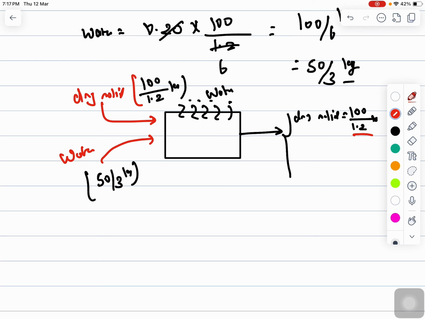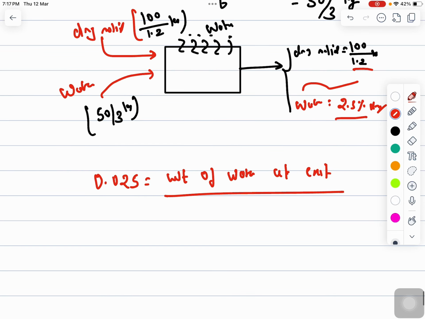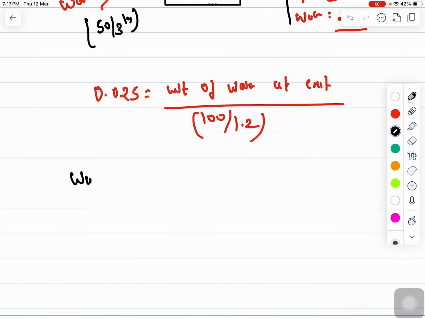And then the material leaving the dryer contains 2.5% moisture on the dry basis. So here the water content that you are getting is 2.5% based on the dry basis. Is that clear? So what you can say here is that 0.025 equals weight of water at exit divided by weight of dry solid, which is 100 by 1.2. So the weight of water at exit is 0.025 into 100 divided by 1.2